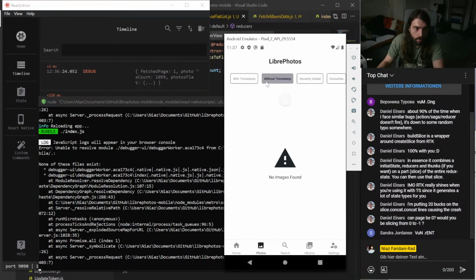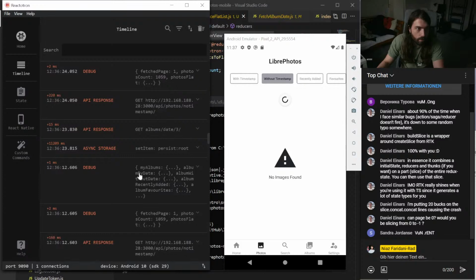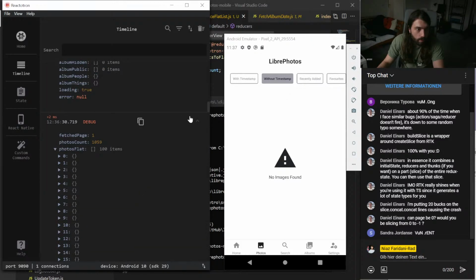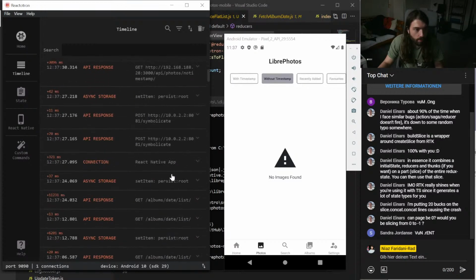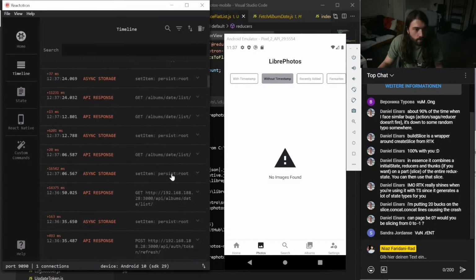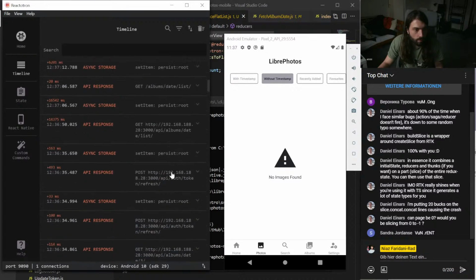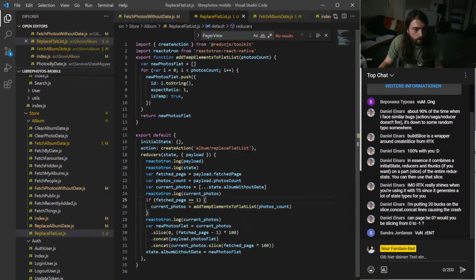I'm so slow at debugging. Okay, so we definitely get the first two things, so that works. But as soon as I go here, that doesn't work any longer.